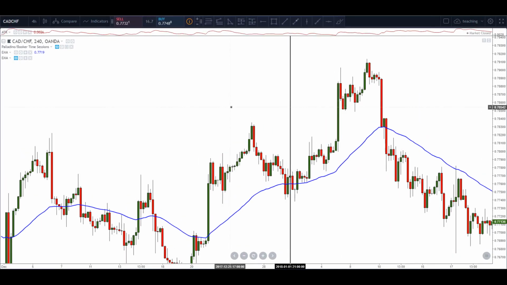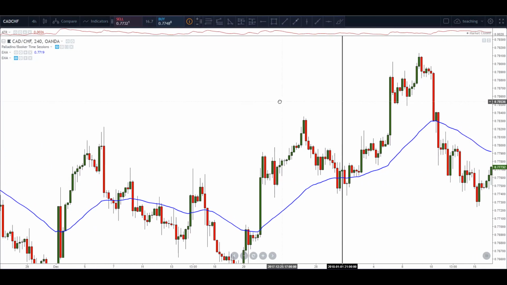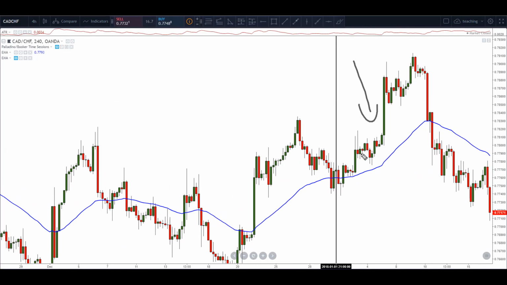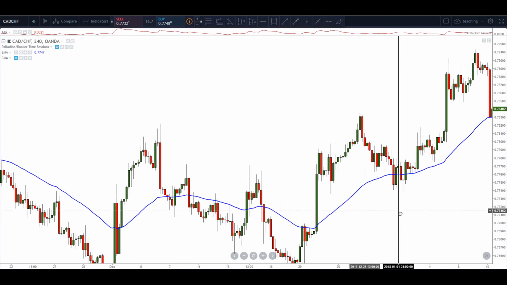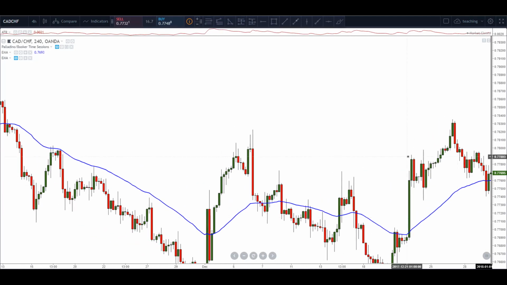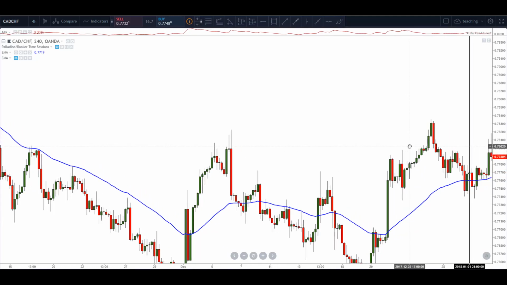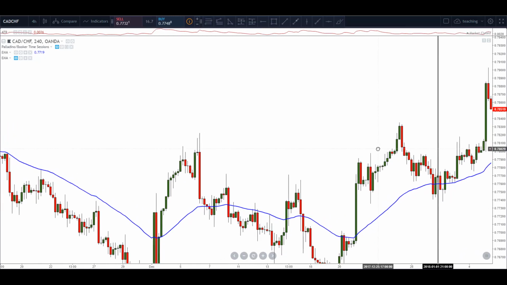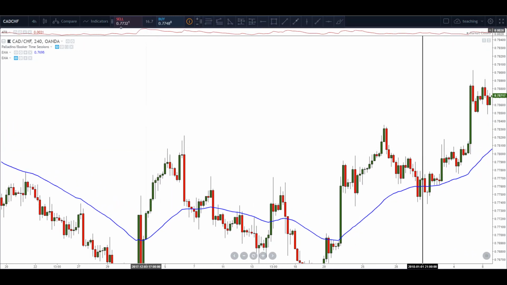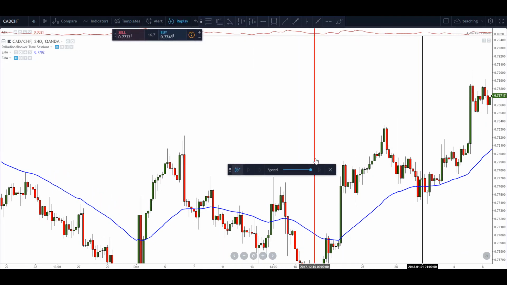I'll pull that over. And as stated in the previous videos, if we were going to be testing this section here, we would not want to be looking at the chart like this. The best way to test a strategy is to do so from left to right. Now, if you have a different charting platform that doesn't offer market replay, then doing it like this with either your arrow keys, just pushing the market forward, or dragging slowly to find your trades is going to be your best bet. But if you do have the opportunity or the resources to use market replay, as the platform I'm using, TradingView, has,